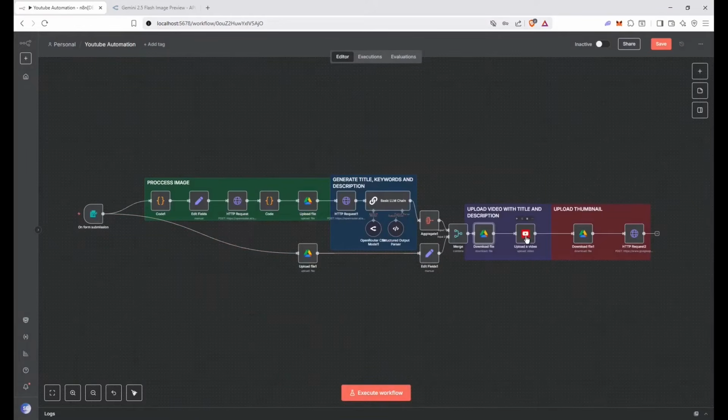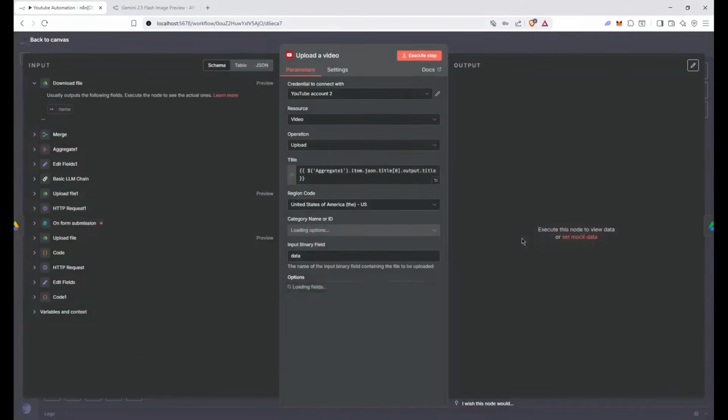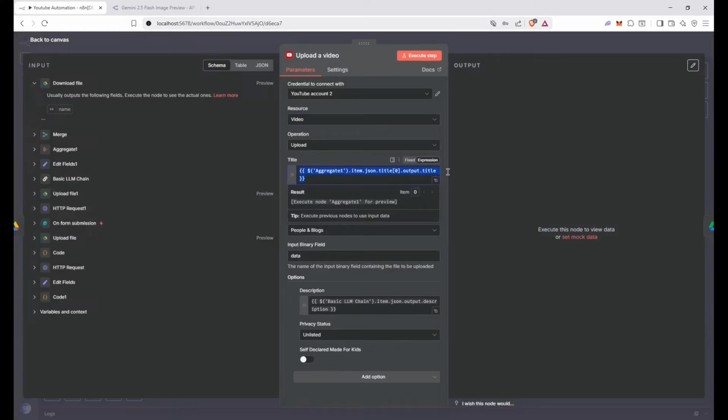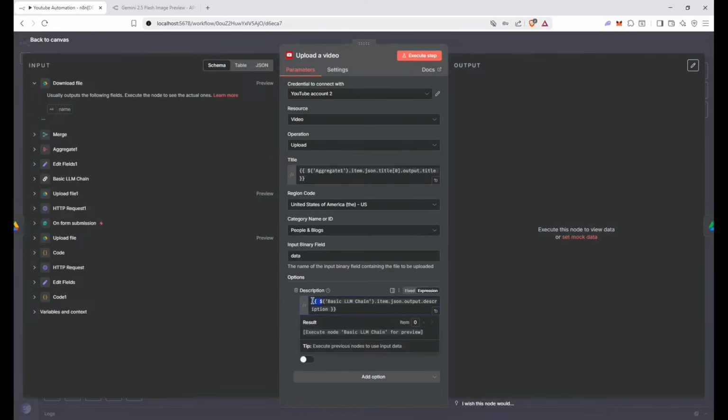So this is actually downloading the file, and then here it's uploading the title, the description, and the video, which will be coming out as data when it's downloaded. So you'll put that here, input binary field, you'll call it data, and it's usually called data. Or whatever it is called, you would put that here. You'd see an orange name and then the file details,